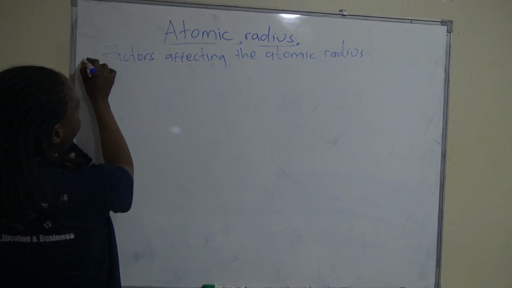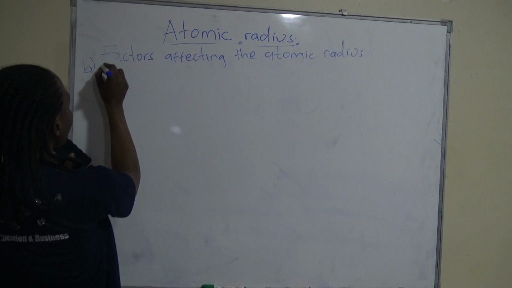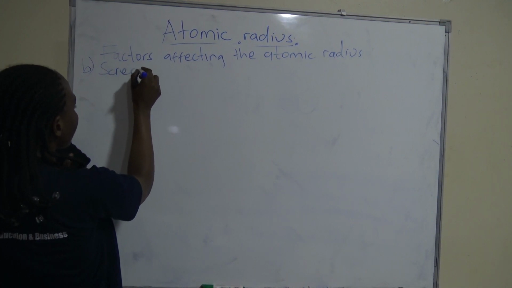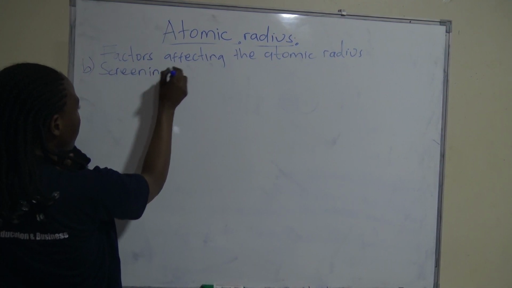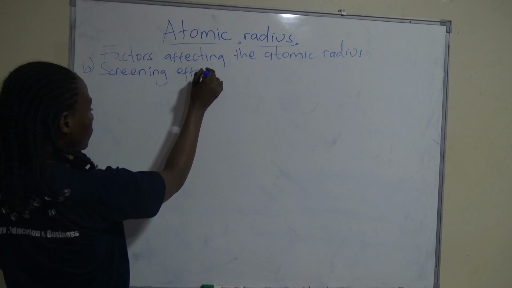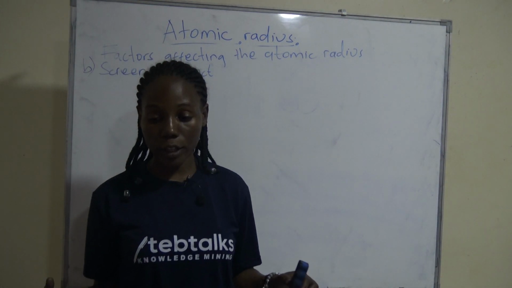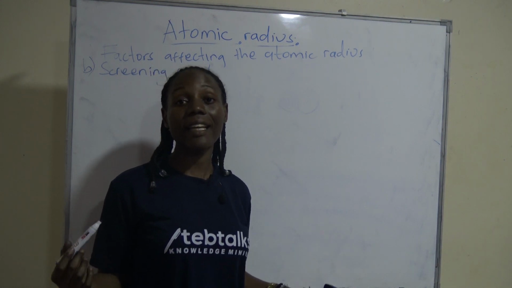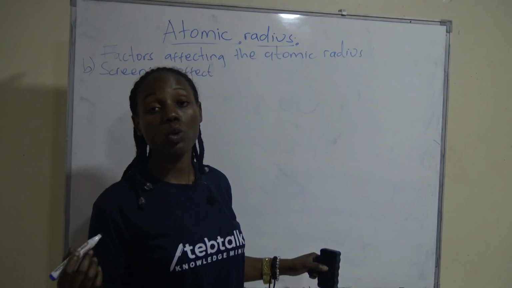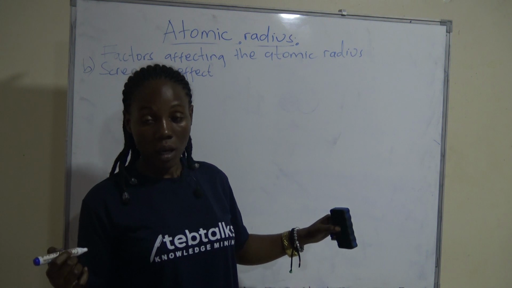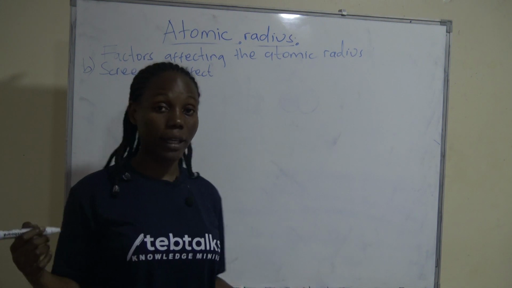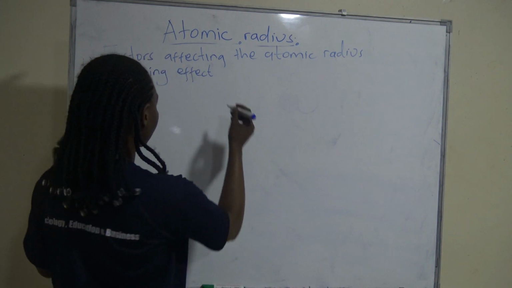I don't know whether you had numbered the other one, so let's say this is B, the screening effect, which is defined as the tendency of inner electrons to shield outer electrons from nuclear attraction,